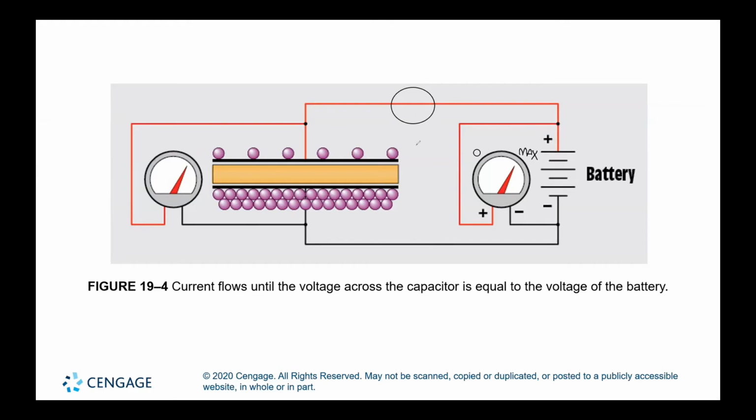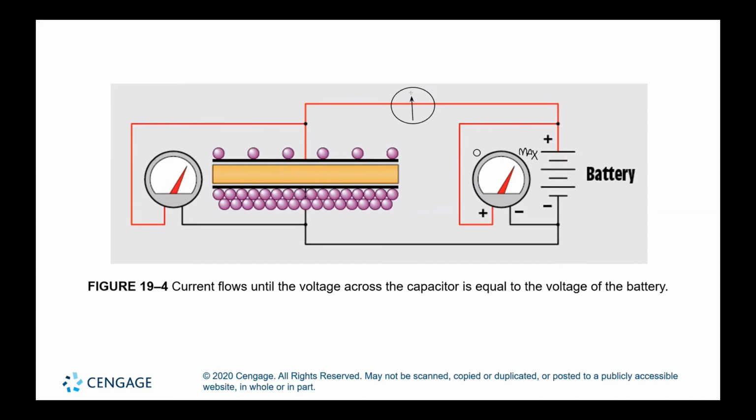By the way this looks, we can see that this capacitor is already charged, and that's why the battery and also the capacitor have equal voltage. But let's say that the capacitor is not charged. When the capacitor is not charged, right at the very beginning, if this is an ammeter, and that's what it is because it's connected in series,